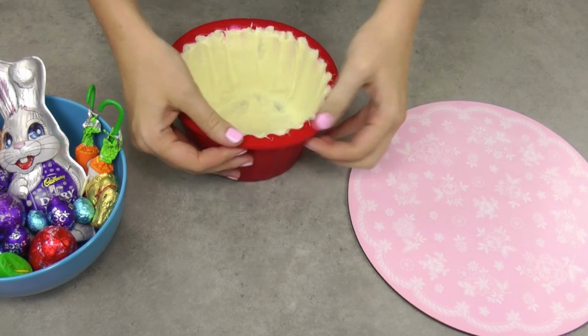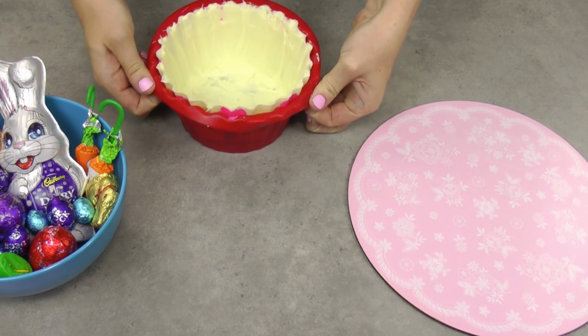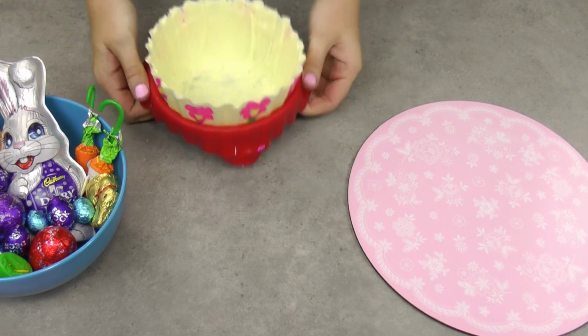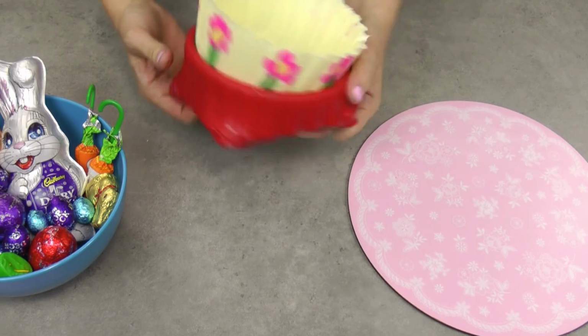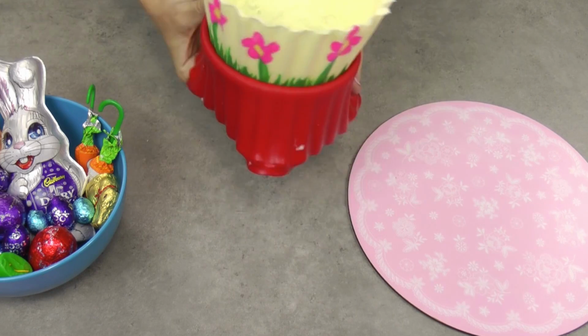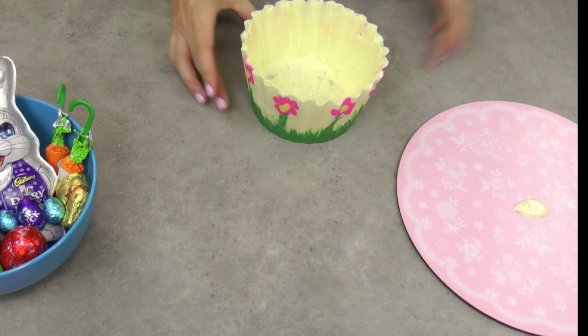So you'll see here first I release all of the edges, and then I go back and actually peel down really carefully and really gently that outer silicone case. It will come out quite easily here, but you do want to make sure that you peel it initially very gently. Out comes your gorgeous little patterned case,